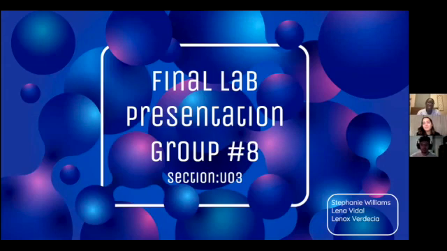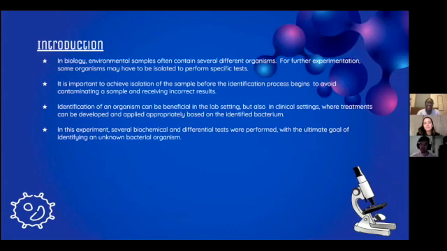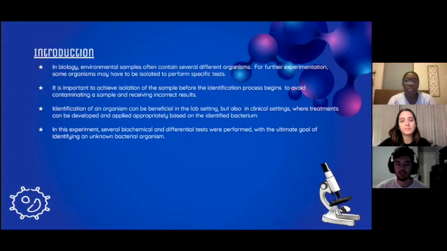So to start off, in biology, environmental samples often contain several different organisms, so they have contaminations. And oftentimes what happens is that in experimentation, organisms have to be isolated to perform a lot of specific tests. It's really important to achieve this isolation before you start to identify your unknown sample to avoid having contamination and